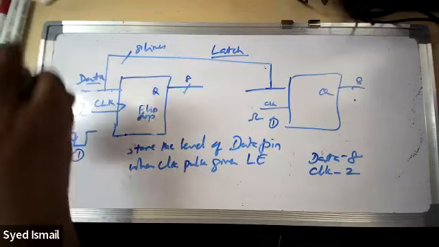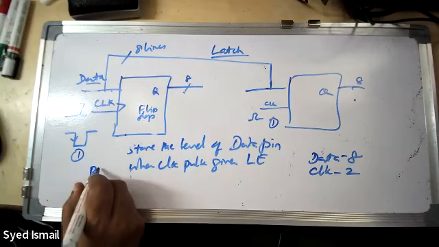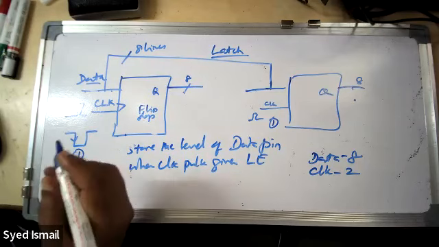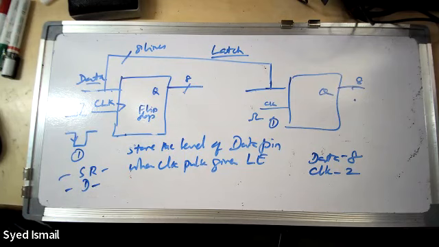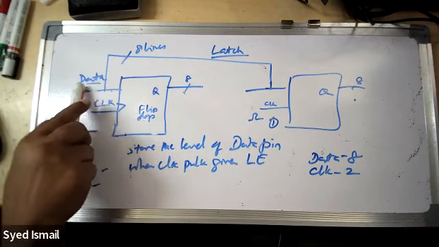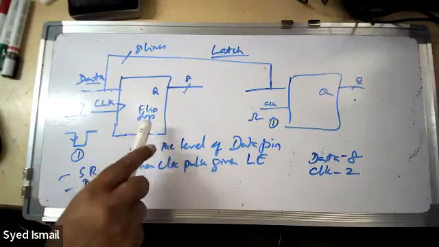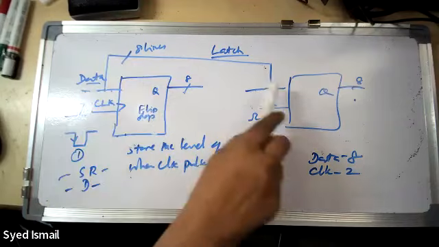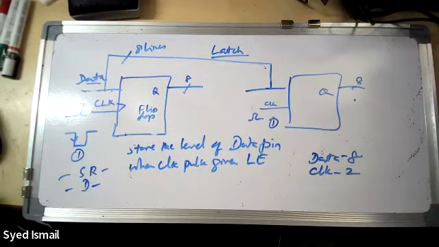If you want to learn more about latches, you read. There are SR, RS or SR flip-flop, D-type flip-flop. There are different flip-flops. But remember only one thing, what I tell now: these flip-flops are required to latch the data, whatever is coming on the line, latch it for a particular location. So you can use the same data going to different locations and you can transfer data to different devices.